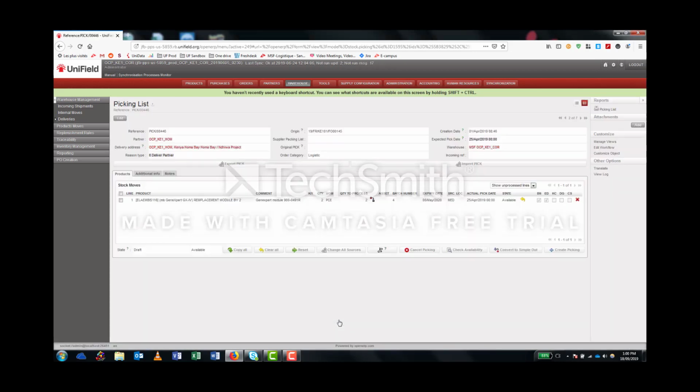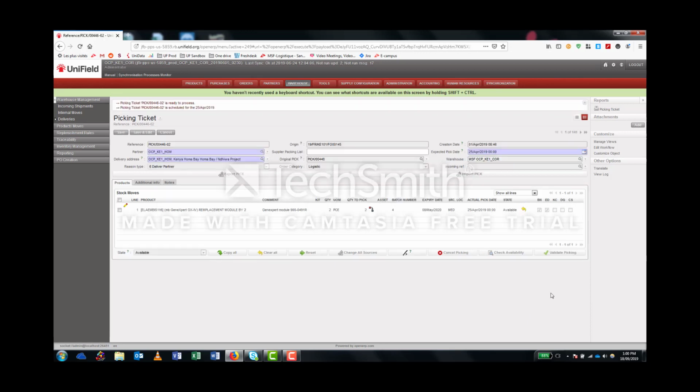So far we are just at the picking list screen. It's exactly the same as before, except that we are going to click on this icon. Now we are in quick mode. As you can see, so far it's exactly similar to what you had before. Let's create the pick for these items. We created the pick, now we can validate it.